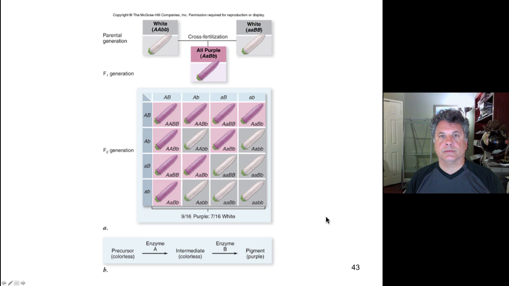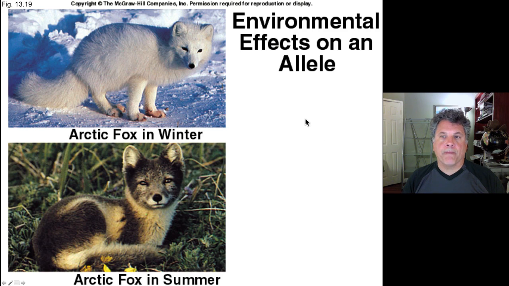Now, there are other examples of phenomena that seem to defy Mendelism, but do not defy Mendelism at all. And this is a very important concept, that phenotypes can be dictated by environment, not just by genotype. Yes, thus far we've considered that phenotypes result from particular genotypes, and they do. But that's not to say that the environment doesn't interact with genotypes.